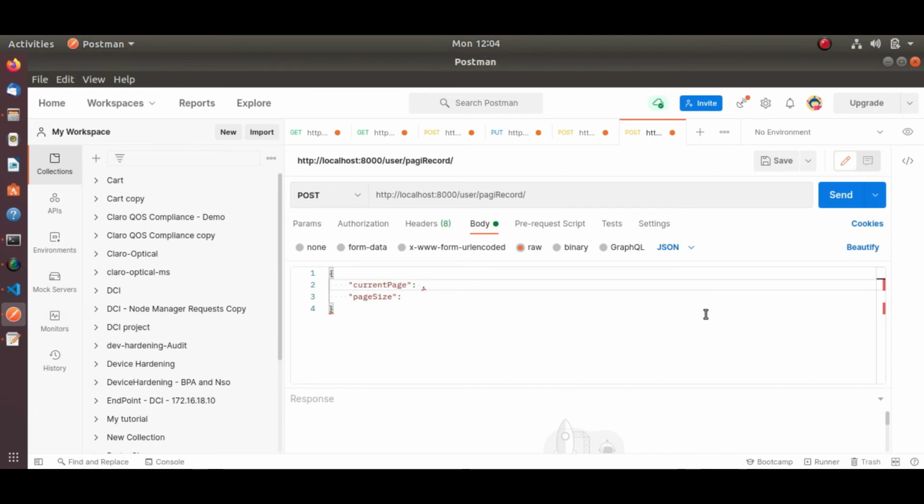Let's say my current page is 1, for the first page. My page size is 2. As I have fewer records present inside the database, I can take a smaller value and show you. So let me click on the send button.